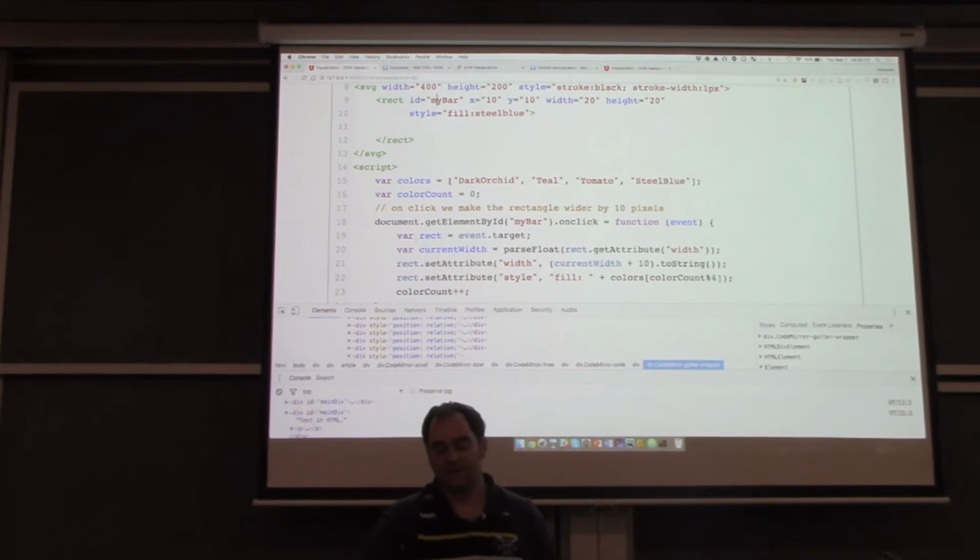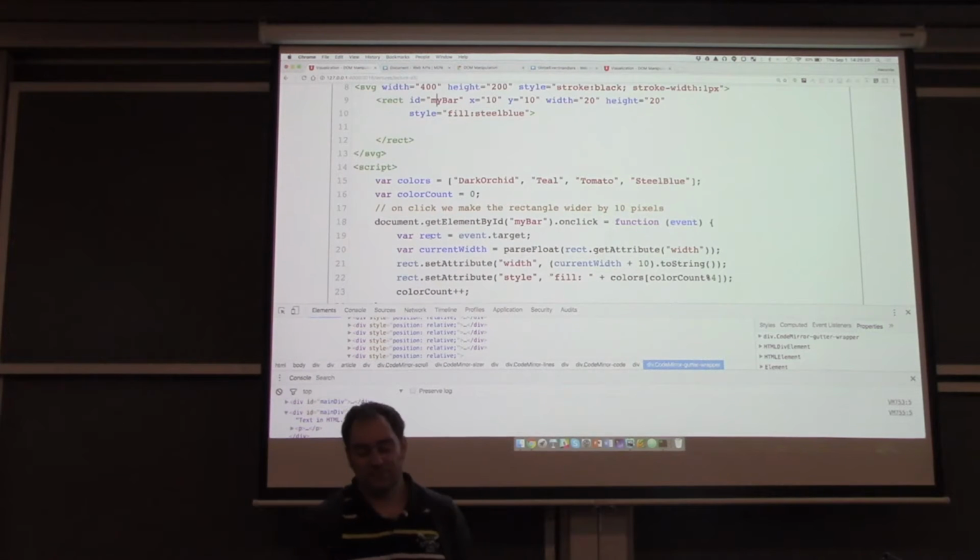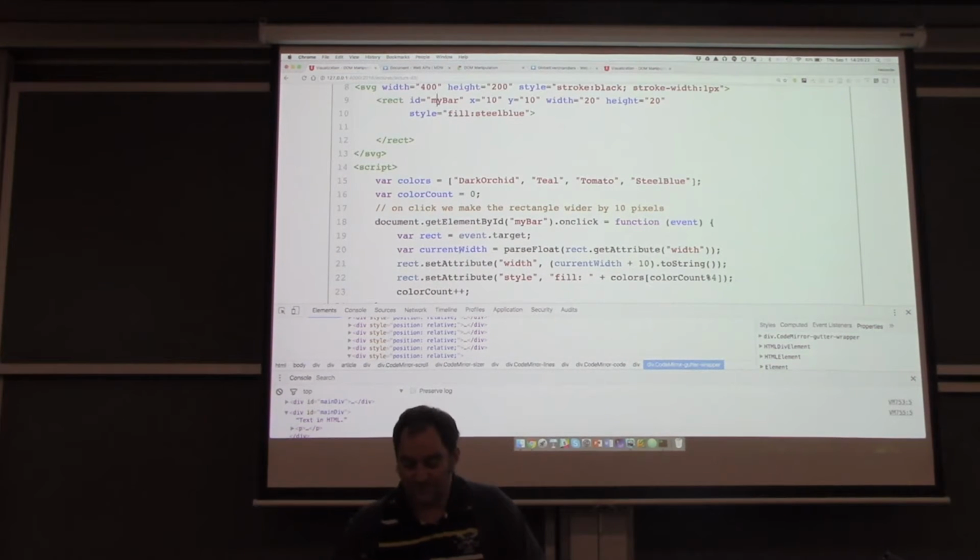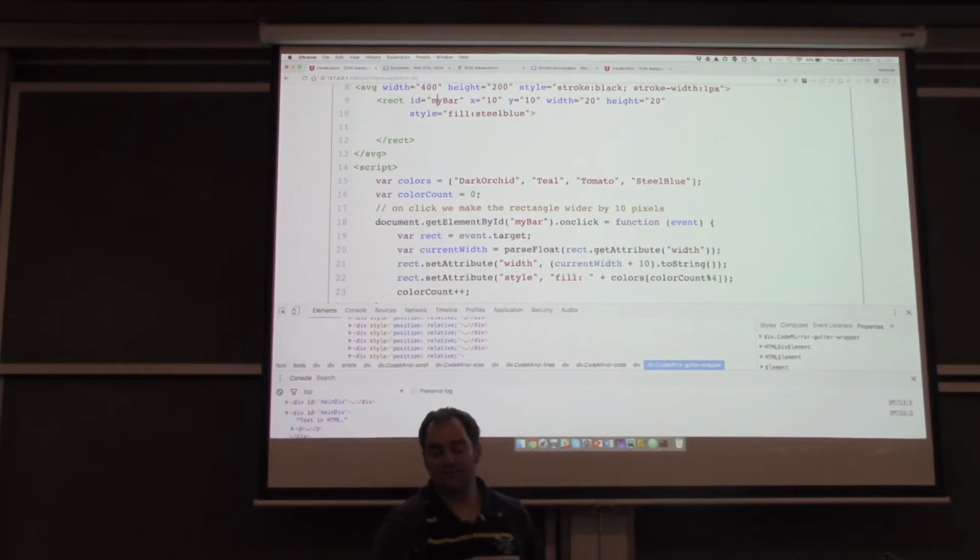So we retrieve the target of the event, which is the rectangle. So this is now really the rectangle SVG DOM element. Then we retrieve the current width by simply parsing the attribute width out of this rectangle. And then we set the width here by increasing it by 10. So here current width plus 10, setting it, and then we